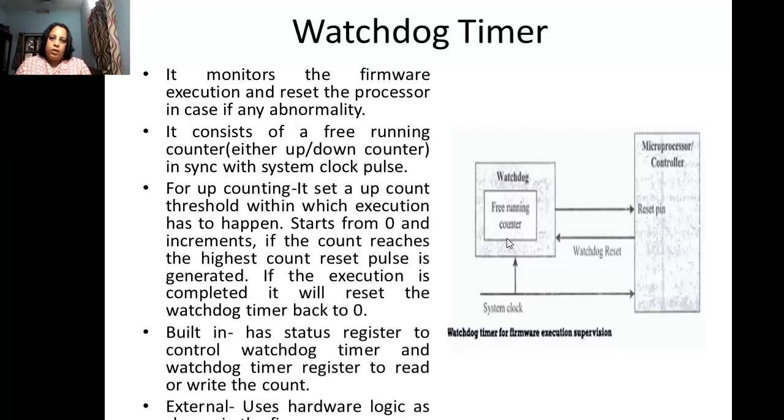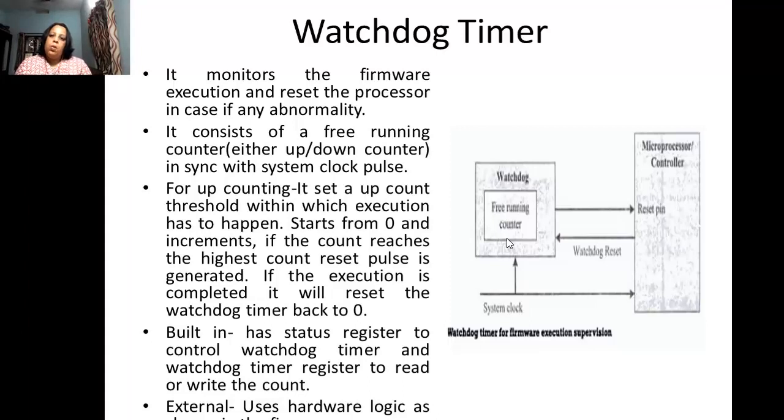We do Alt Control Delete just to get out of that hung state or not-responding state, and we end the task or go to the task manager and end the task. Now that's what happens here in an embedded system. We can't do Alt Control Delete, right? So instead, we have come up with a component known as the watchdog